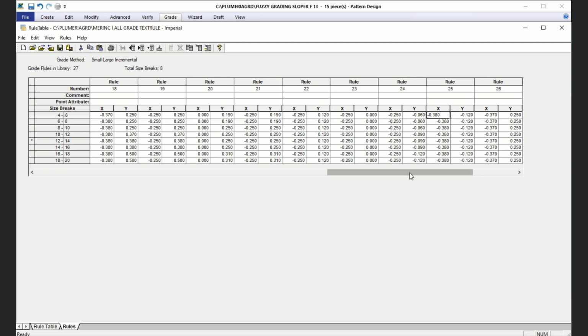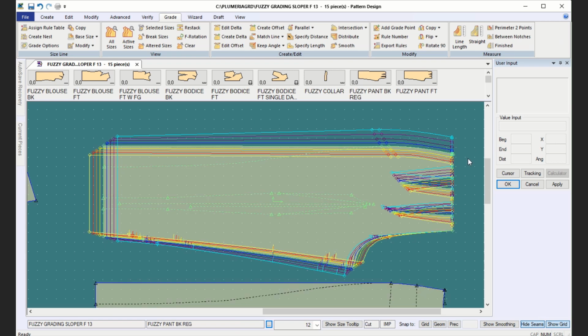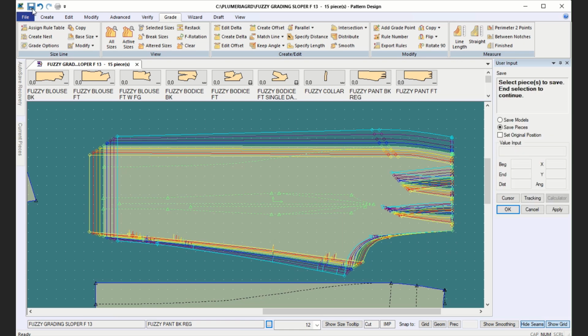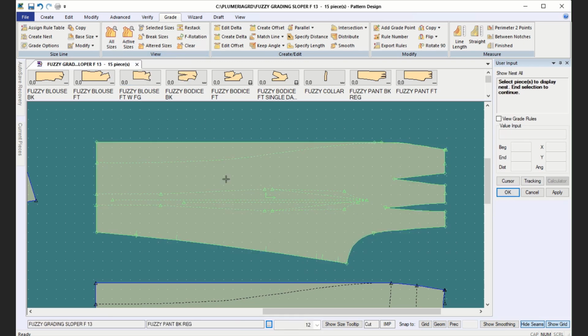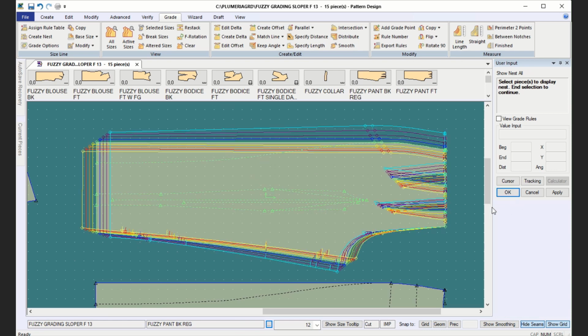Just make sure you do this before. Alright, I'm going to save this, and I'm going to close it. I'm also going to save this, and I'm just going to click on the save button and choose that piece and say OK. And then the grading disappeared, so I need to come back and put in all sizes again, and there it is. And this dart is grading more than this one because it's further away, and it's grading the same as the side seam. So I'm going to close this,